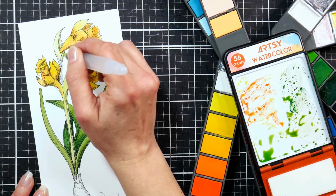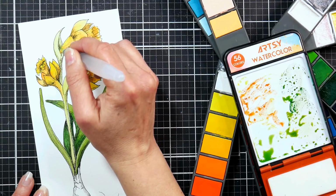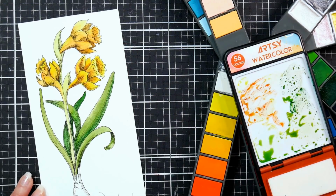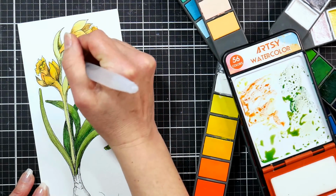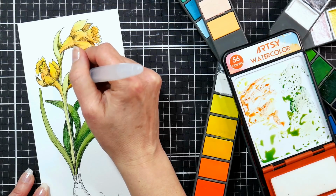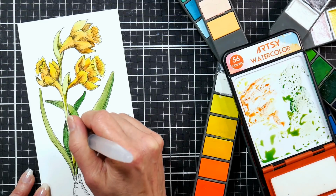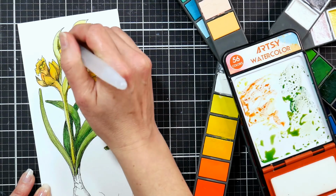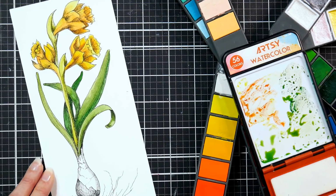And you can use this technique for any type of flower you like. If you go online, you could search Victorian botanical illustrations or Victorian bulb illustrations or vintage bulbs, things like that. And a little bit of that sap green color to add a little bit of shading here and there. In my reference files, I have seed catalogs. Those are really handy if you need to know how to draw a cosmos or something like that. It's great because you can easily look up what you need. They're usually not the best picture quality as far as detail,